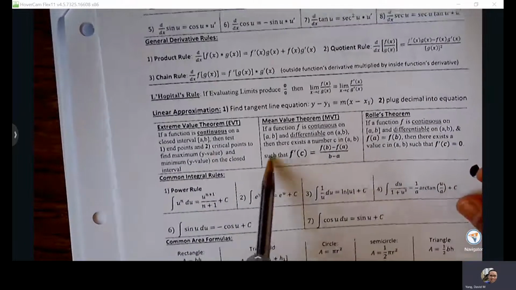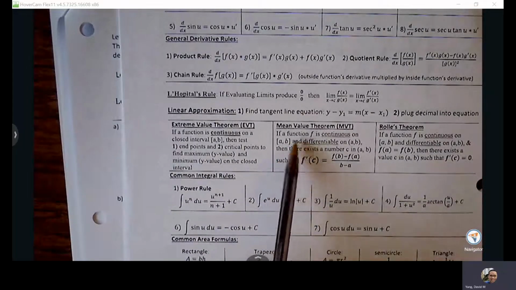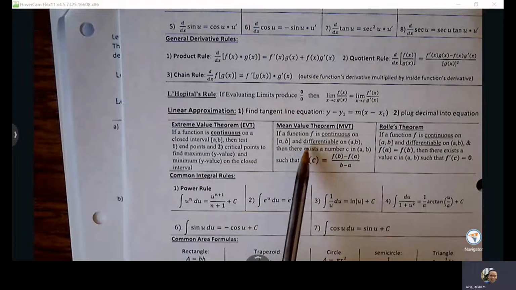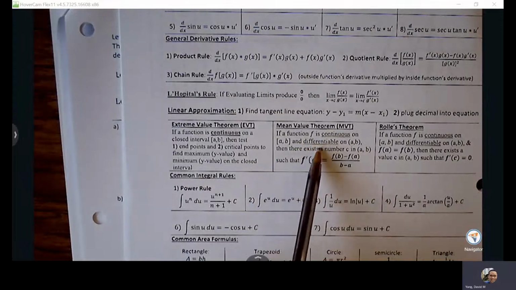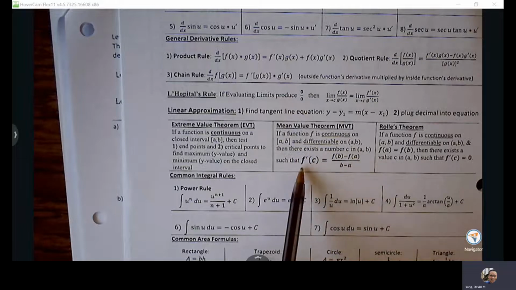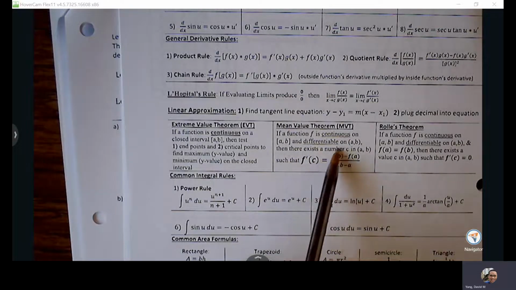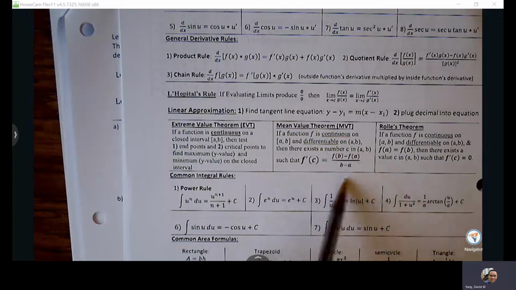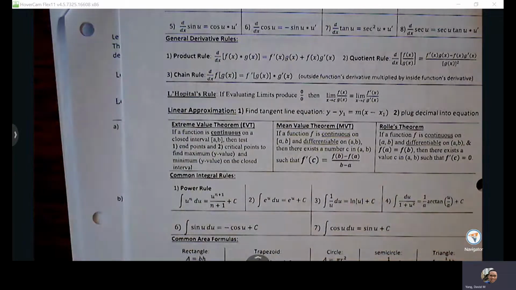The mean value theorem is on the back of your packet, page 24. Mean value theorem says if a function is continuous on the closed interval and differentiable on the open interval, then there exists a number c on the open interval such that f prime of c is equal to the slope between the endpoints. Okay, so let me do a quick diagram